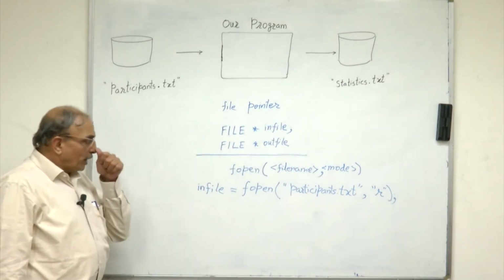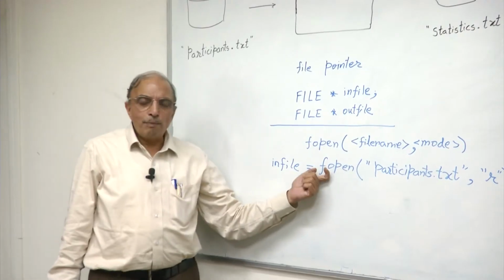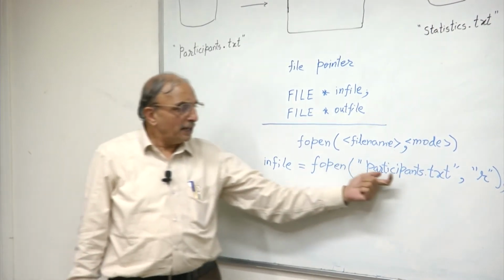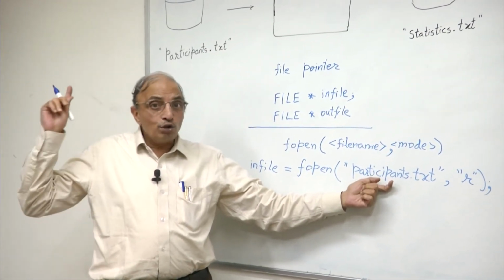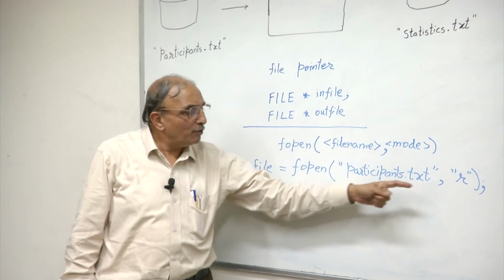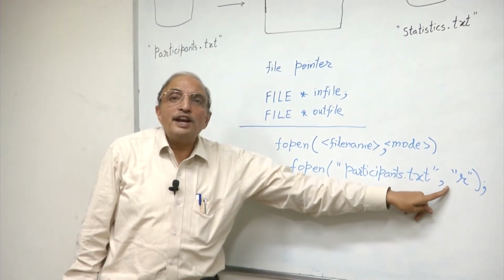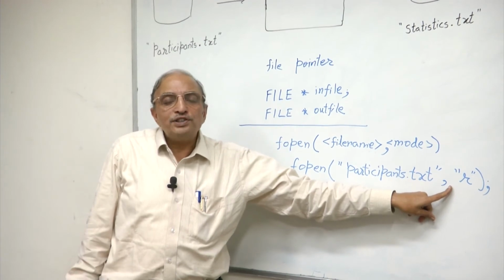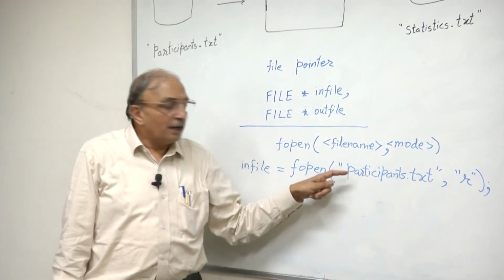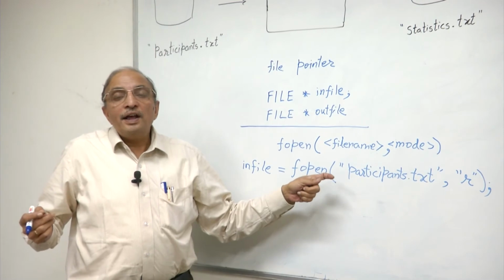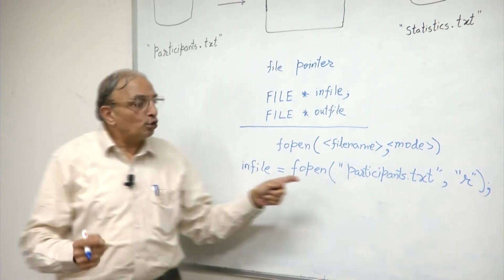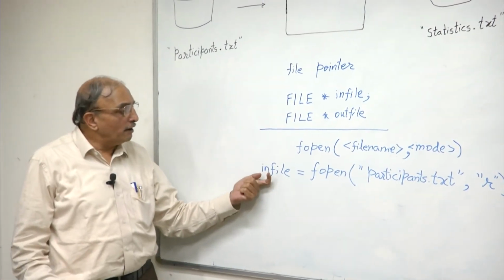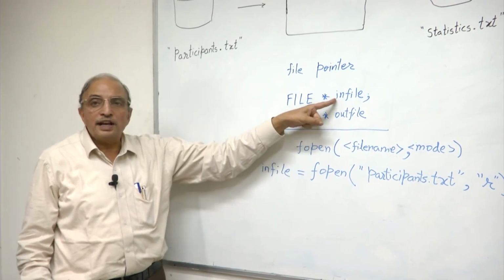So, notice what we are doing. We are invoking a function fopen. Inside it we are giving the name of an external file as known to the operating system, and then we are giving a mode which is called the read mode. Clearly the file is being opened for input operations. This function will return a pointer, and that pointer we wish to associate with our own internal file pointer called infile, which was declared here.